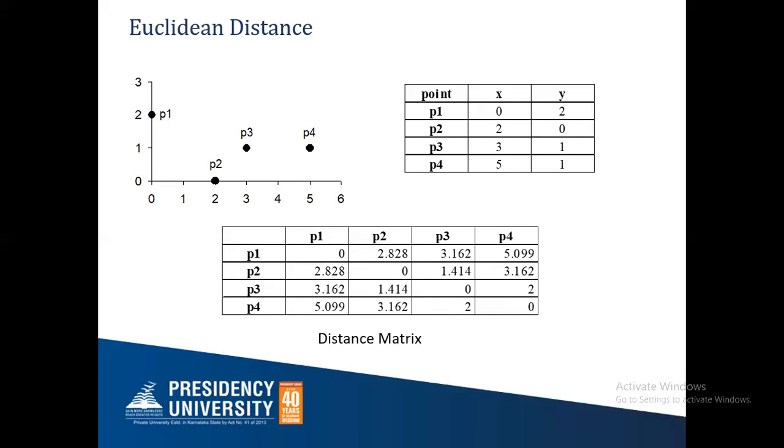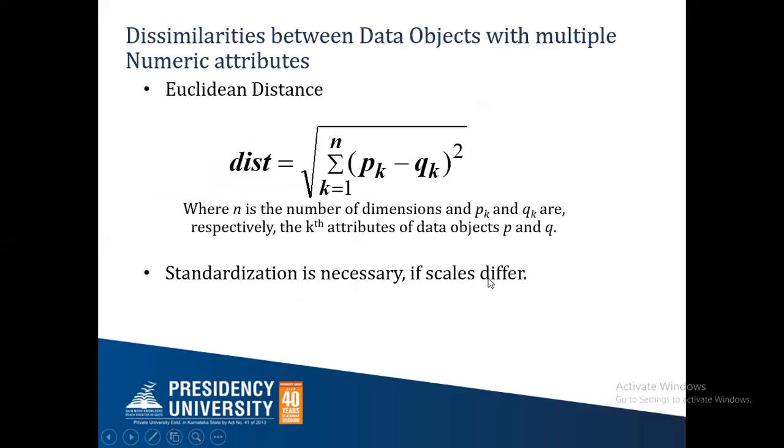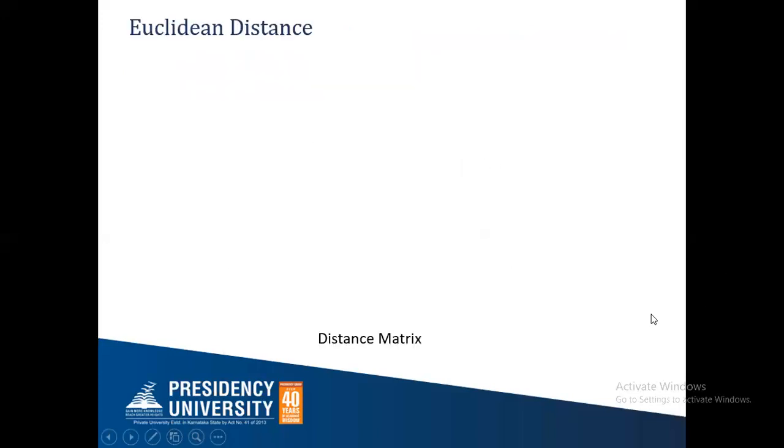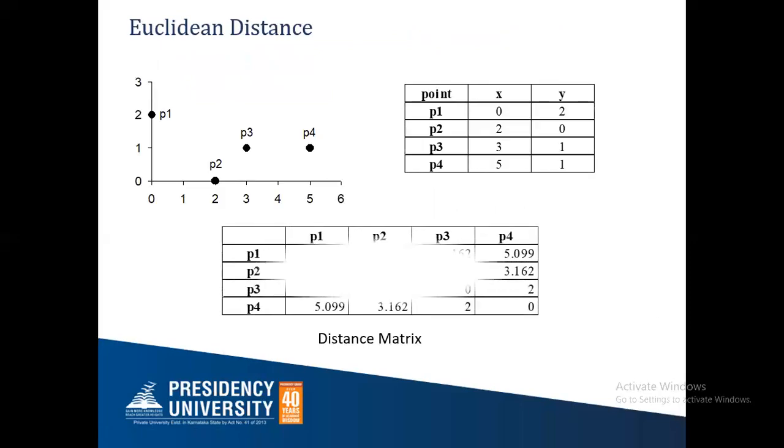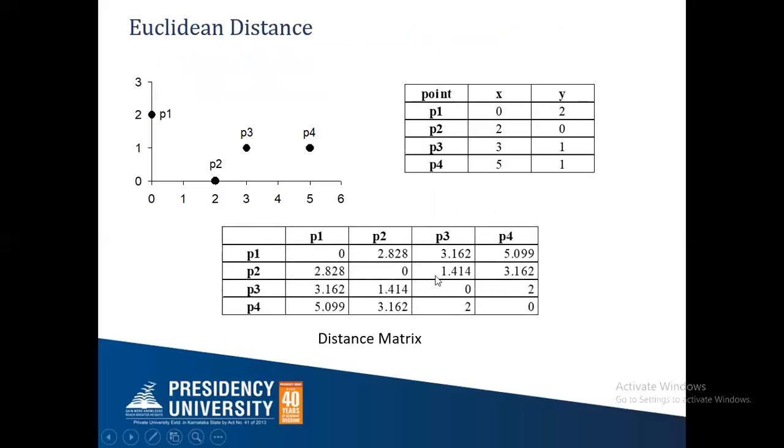So that is 0. And next, we can calculate similarly, just like how we calculated P1 to P2, we can calculate P1 to P3 and so on. So we can calculate using the Euclidean distance formula, which is the formula here, right? So substitute for the values of each point and calculate. So we get the distance matrix. So from one point to every other point, we can calculate and then form the table, which is the distance matrix. This is the basics of Euclidean distance.